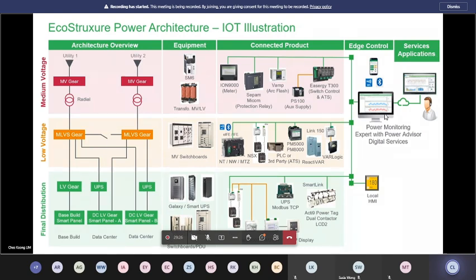Most of the devices within Schneider are IoT enabled. So when we are able to connect all this equipment, we can provide a full picture of the power performance, not only in terms of distribution or supply, but we can also address issues like reliability and quality. How does this relate to the real world?